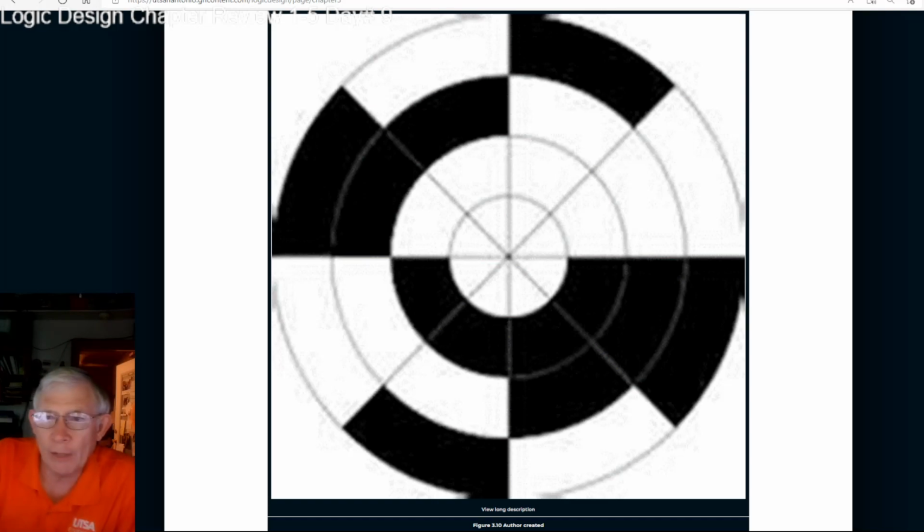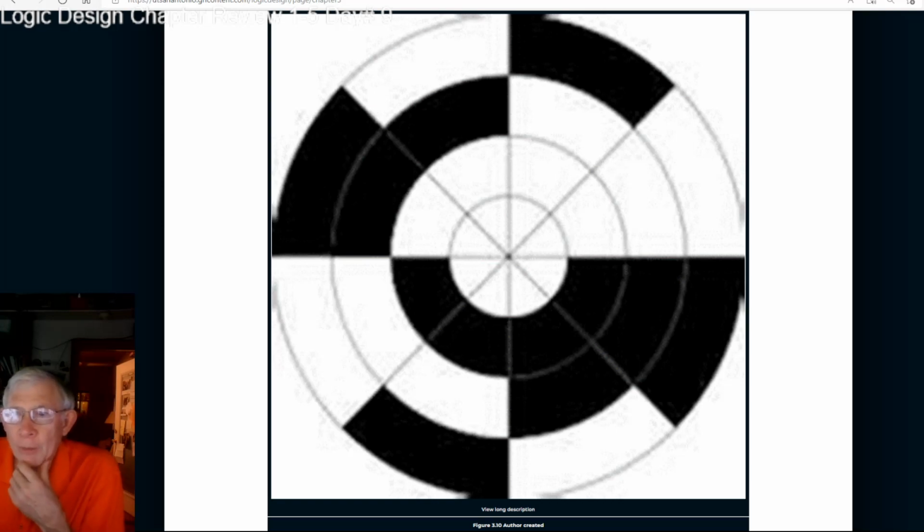The reason you have to have a gray code is because if you have all 3 transitions, like in this case, we go from black to white, black to white, black to white. All 3 bands transition on this line. Over here, all 3 bands transition here too. Black to white, and white to black. Here, only 1 band transitions from black to white. This stays white, white, this stays black, black. Here, we have 2 bands transitioning, this from white to black, this from black to white, but this one stays black. So at some places we have 2 bands transitioning, some places we have 1 band, and some places we have